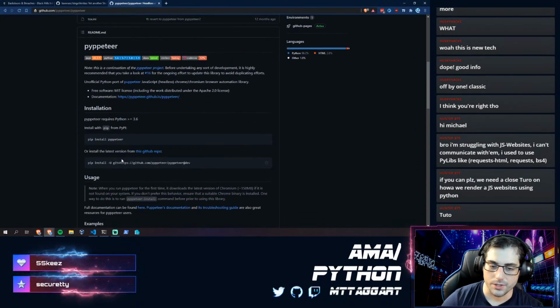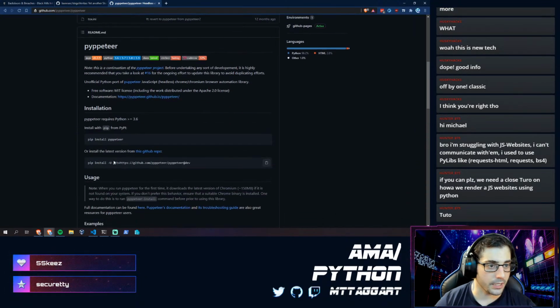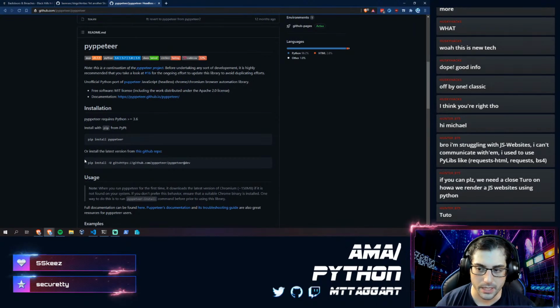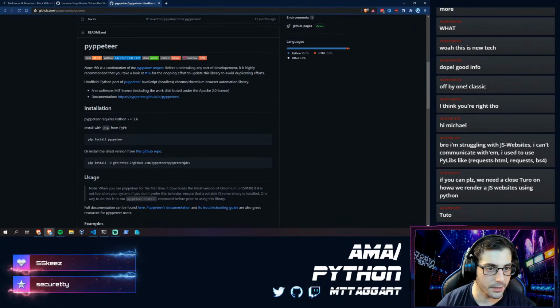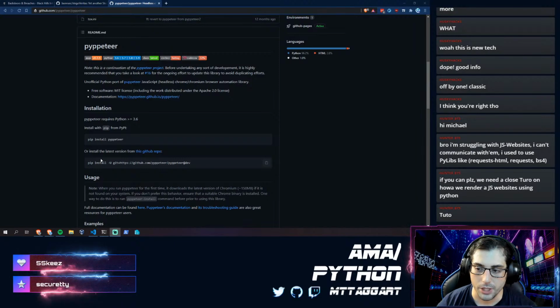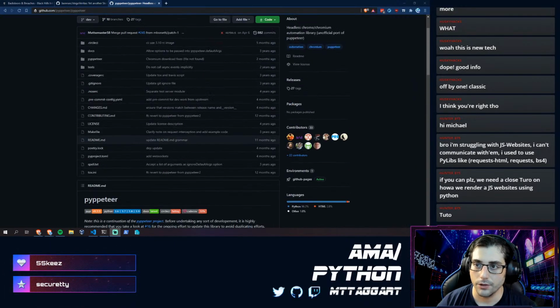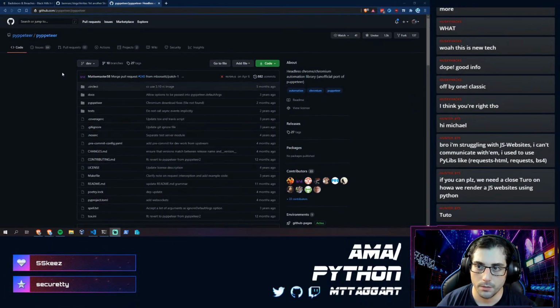Puppeteer is a JavaScript library for automating browser rendering. Pyppeteer is the same concept, but in Python. So if you want to write your code in Python, this is how you would do it. Yep, it's definitely a challenge. As a matter of fact, I learned about Pyppeteer from an awesome tool called